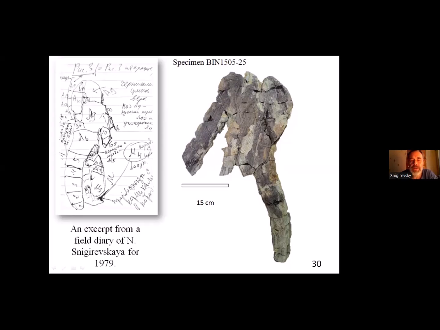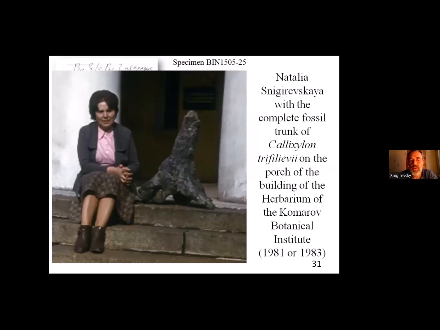And as a result, we made not a reconstruction, but the full stump of a Kalixylon tree. It is now in the Komarov Botanical Institute, in the Botanical Museum of this institute, and